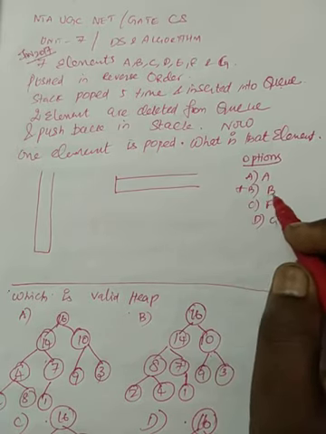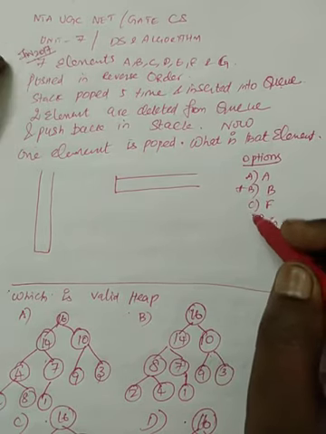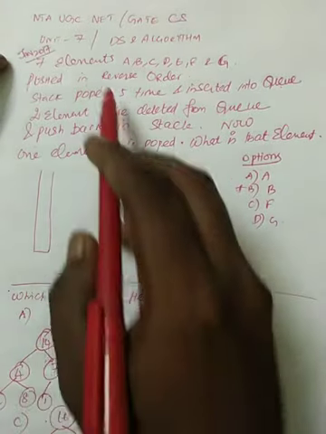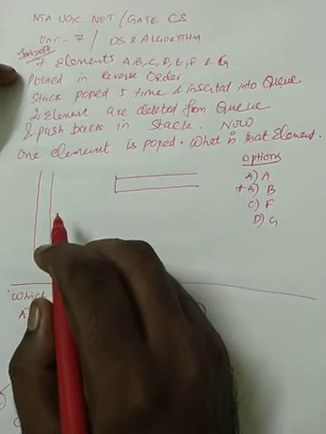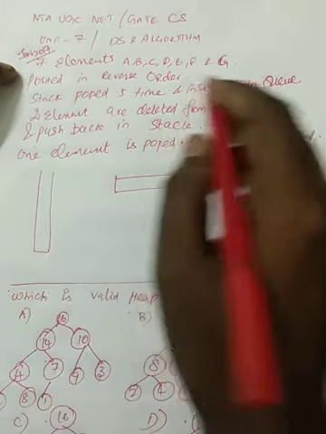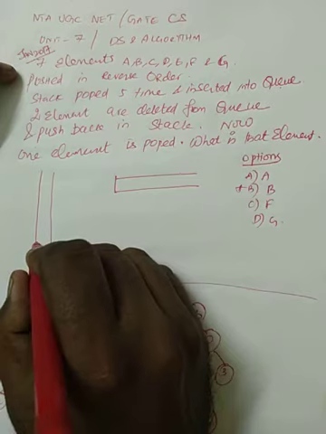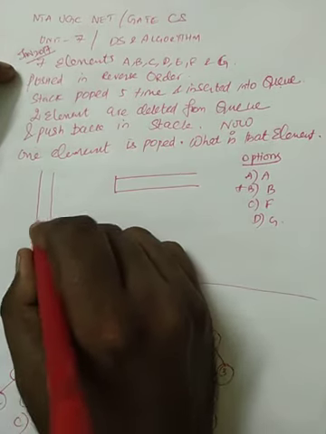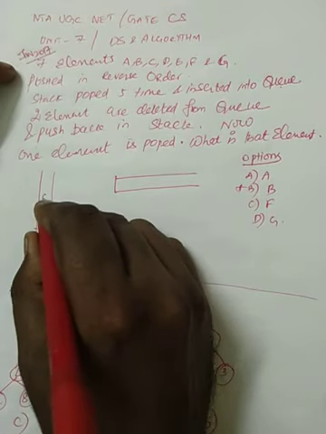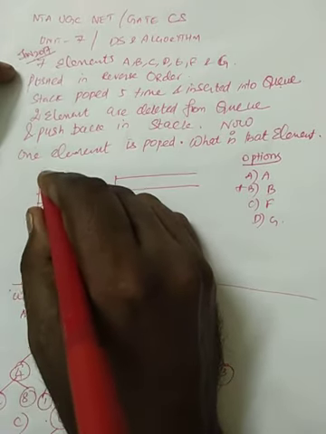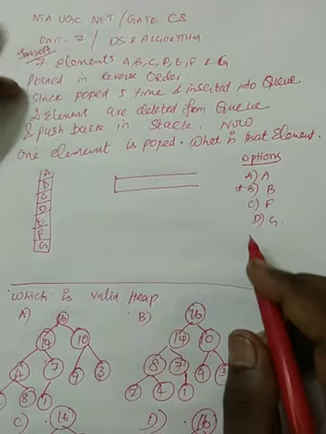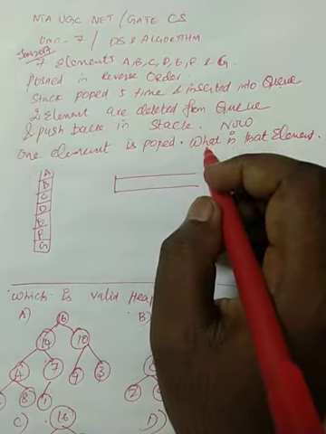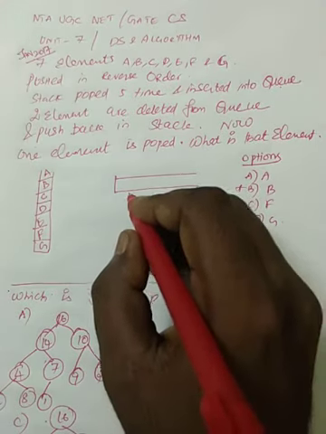That is your question. So first they are asking to insert all 7 elements inside the stack in reverse order, which means A, B, C, D up to G. For reverse order, G must be inserted first, then F, then E, then D, then C, then B, then A. Now 5 elements are popped from the stack and immediately inserted in the queue.